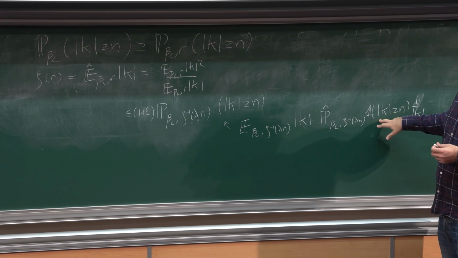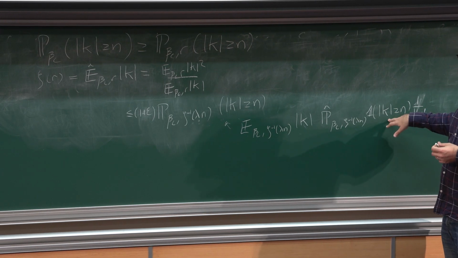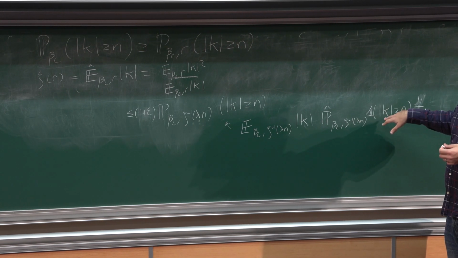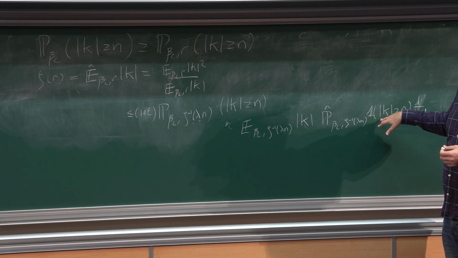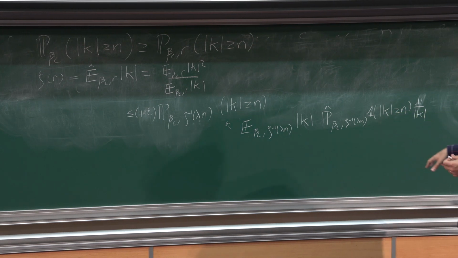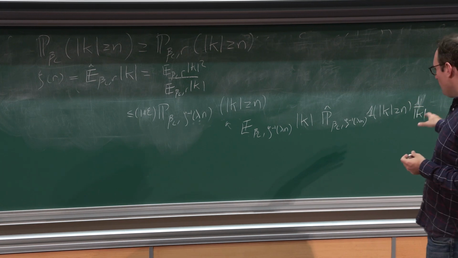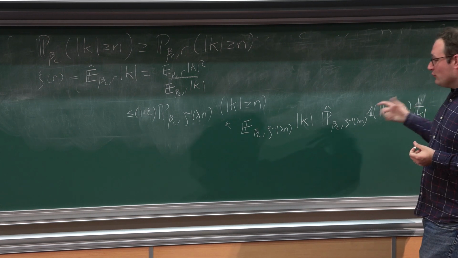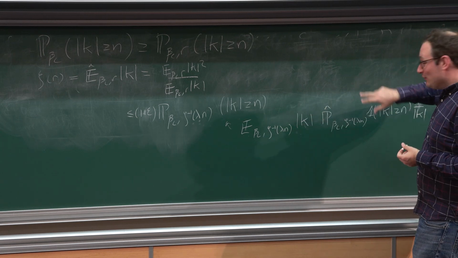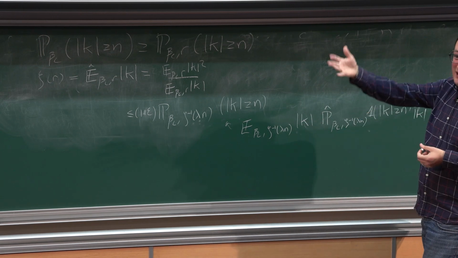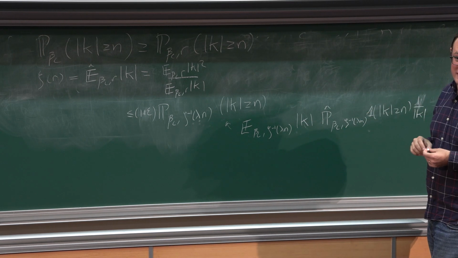Now this term here, if I fix lambda and send n to infinity, I can exactly get asymptotics for this in terms of the chi-squared distribution. And I don't remember what it is off the top of my head, so I'll avoid doing that. But basically, you know the asymptotics of this, you know the asymptotics of this, and then you get out the answer. That's essentially what it is.